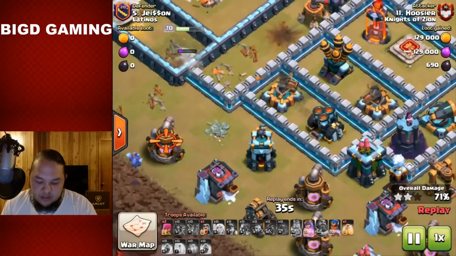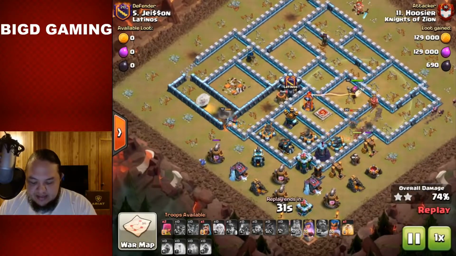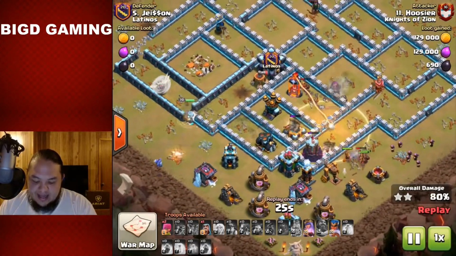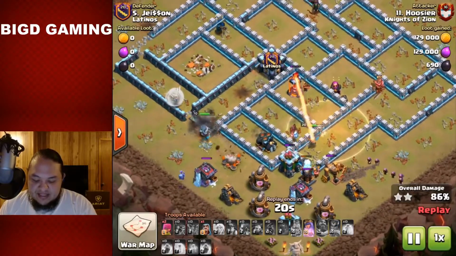Oh, there's a bomb tower over here as well. But the Queen can reach that, and she does have her ability still. Hogs moving through and miners coming in behind to clean up the trash on the outside, keep everything tight into the core. Now that single inferno I thought was gonna be the death of this attack, but look at this